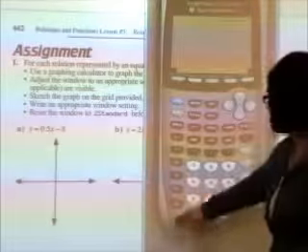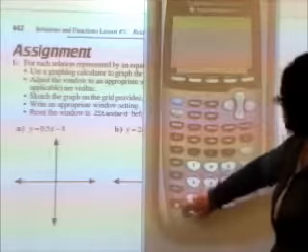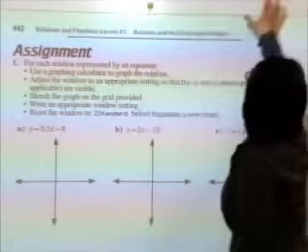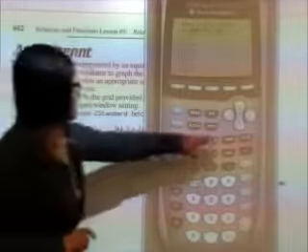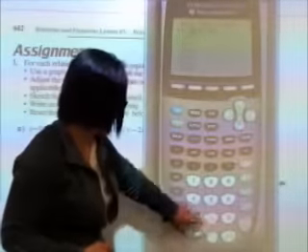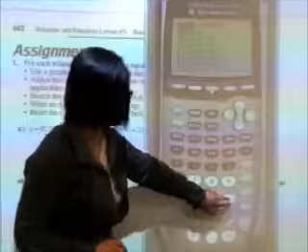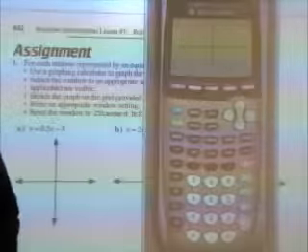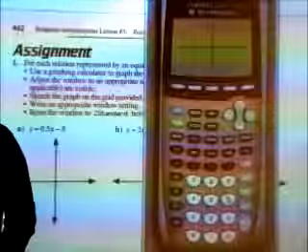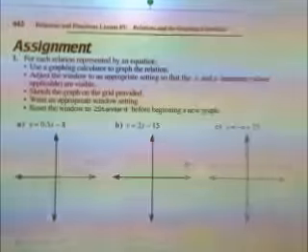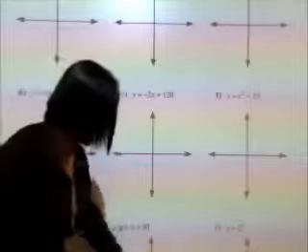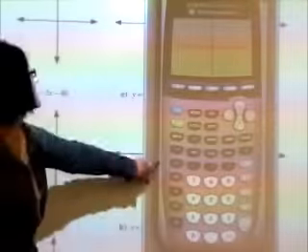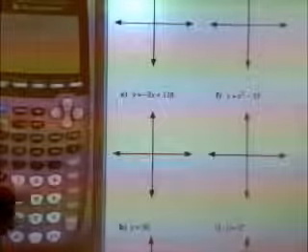And so if I show you that on the calculator, so if I type in 2x minus 15, and I put it on a standard window setting, I do get part of the graph. But I think there was one further down. The negative 2x plus 128. Yeah, and D only had like a square, like a dot. So let's try that one. Negative 2x